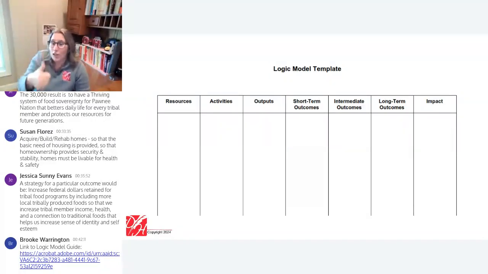How many children participated? How many meals were delivered? How many homes were built? You can count things. You can count people. You can count meals. You can count animals. As a result,